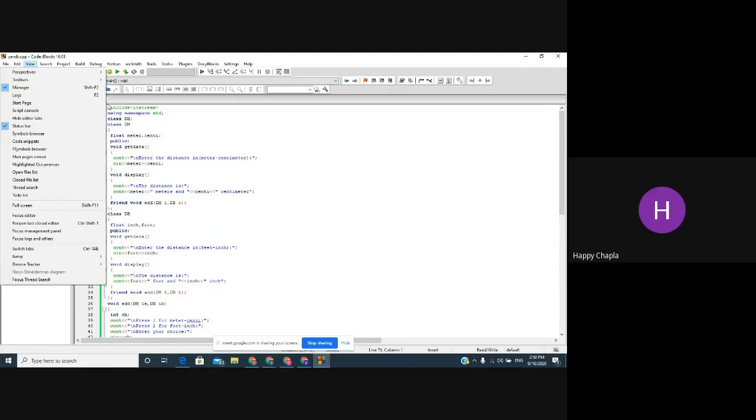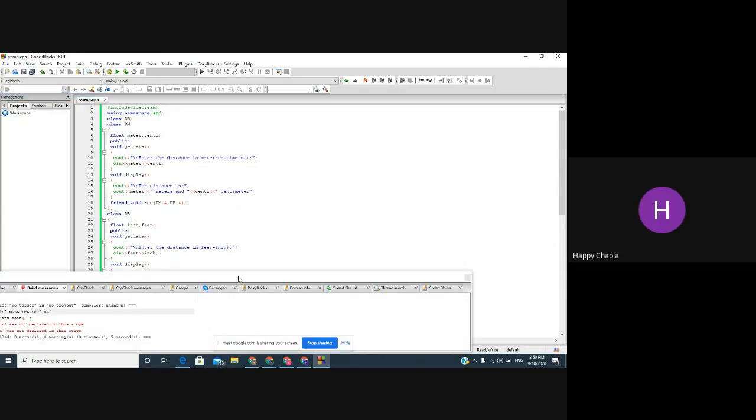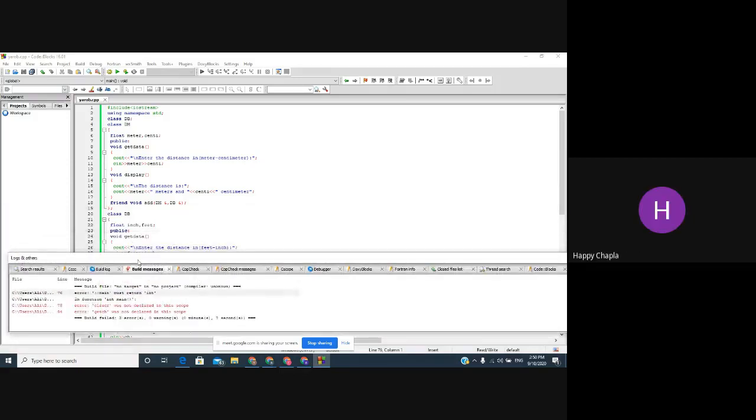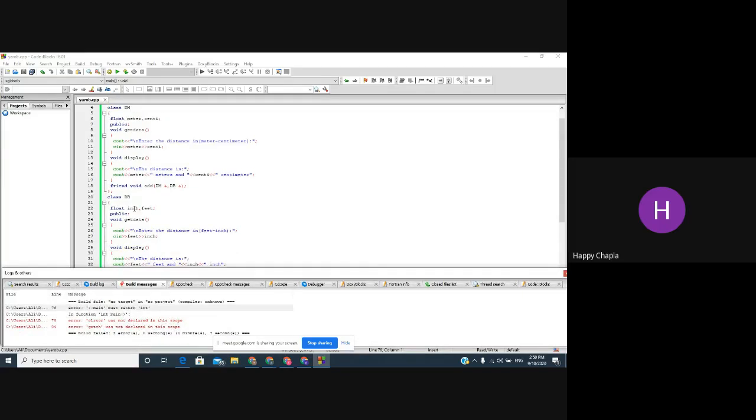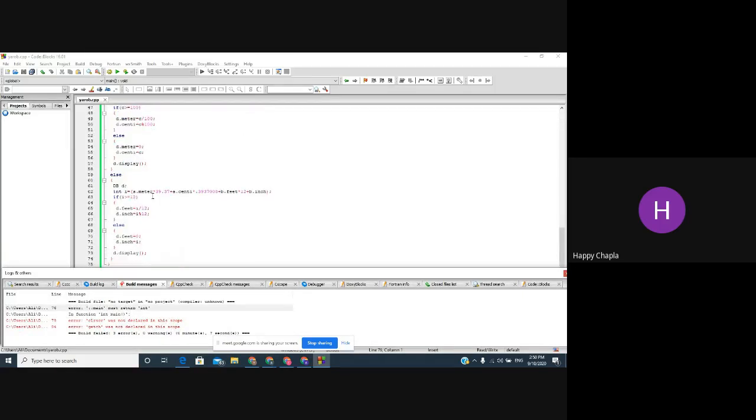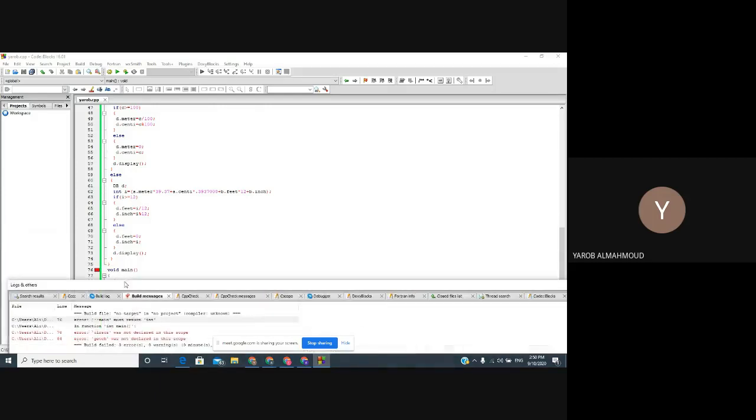Where is your logs bar? Manager logs. Okay, go to your logs. Yes, click on that. Now check the errors. CLRSCR is not allowed. You cannot write it in the C++ code. Remove that line. I have a problem in line 78. Go to your 78 number line.